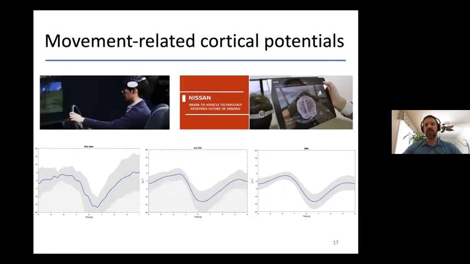Same if you're looking at drivers, for example. If you're trying to predict which direction the driver wants to turn, these are very slowly varying cortical potentials, or movement-related cortical potentials. So you can expect even very slow head movements to have a severe effect on them. If nothing is done, you can see that it's a very noisy signal that generates a lot of artifacts and doesn't really help you with anything. So you do need some sort of enhancement to get the signal into something usable that you can actually add to a car. These are projects that we had, for example, with Nissan and their brain-to-vehicle technology that they showcased at CES back in 2018.